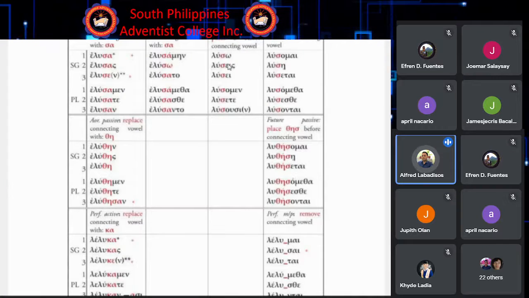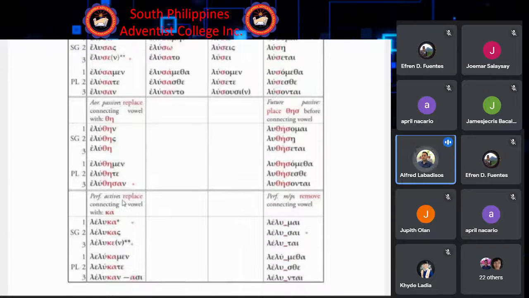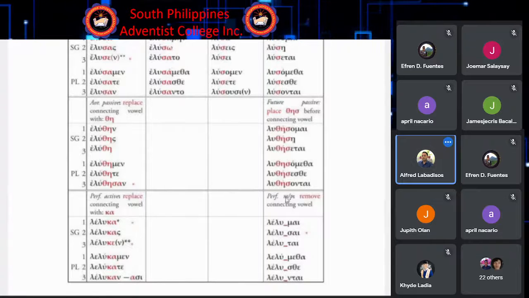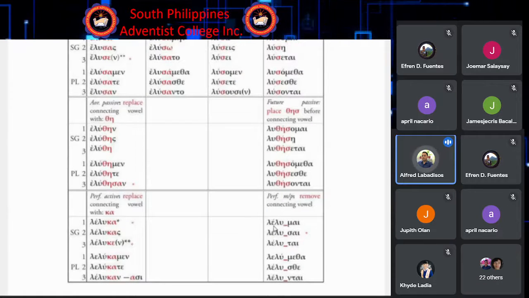Take note and memorize the tense identifiers. For the future active and middle, we have sigma. For the future passive, we have theso. For the aorist active and middle voices, we have sa. For the passive, we have the. For the perfect active, we have ka. For the middle or passive perfect, we don't have a tense identifier. What we have is only the reduplication of the verb stem and the endings. Okay. Now,